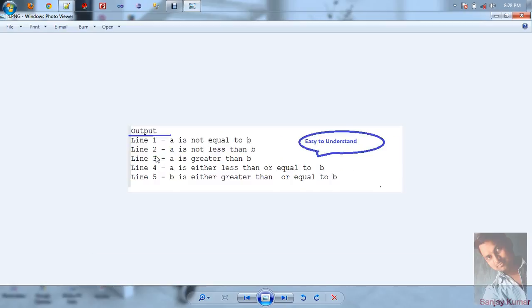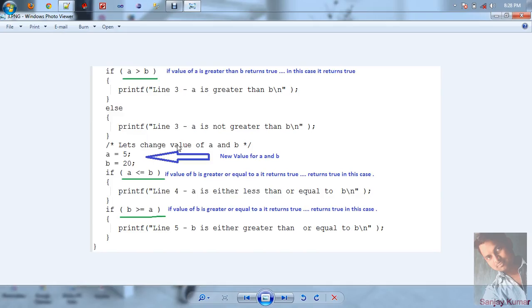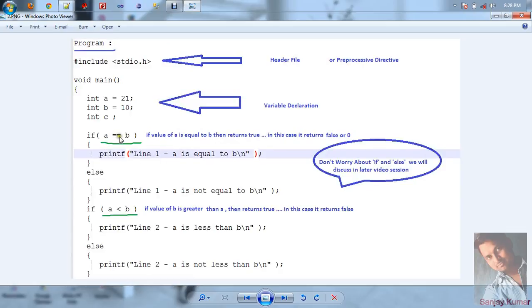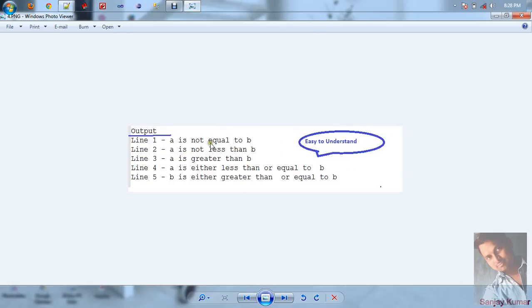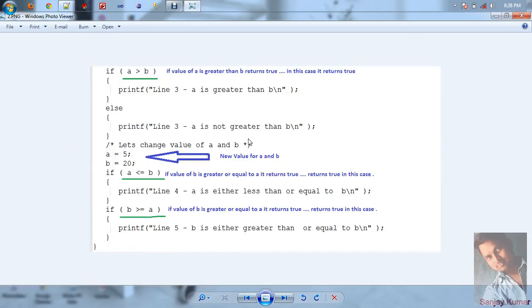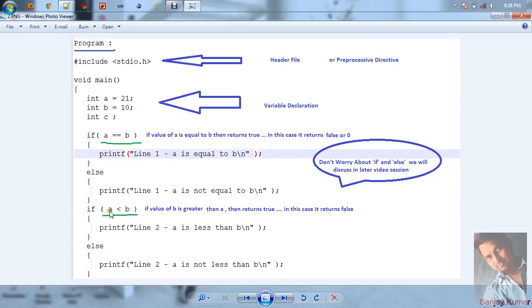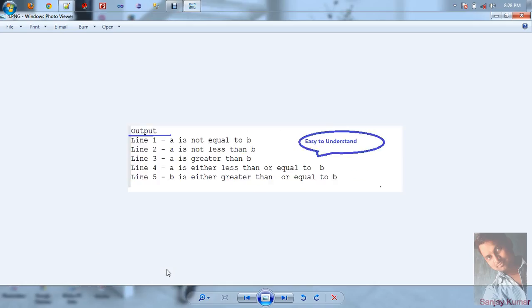So for the output of line 1, a equal to b, 21 is not equal to 10, so line 1, a is not equal to b will be printed. So the first output is true. Now for the second condition, b is greater than a, 10 is not greater than 21, so this statement executes, meaning line 2, a is not less than b.